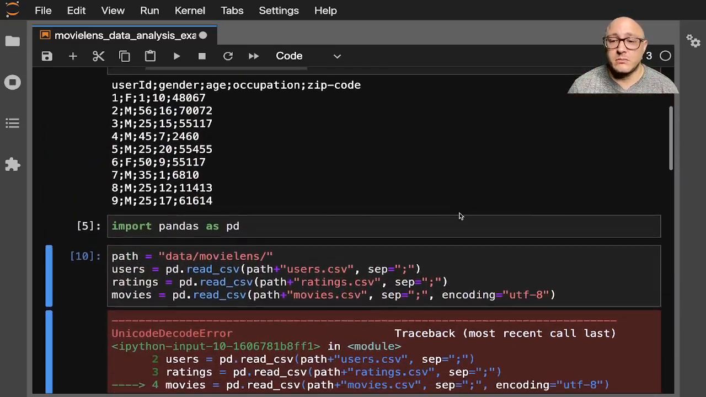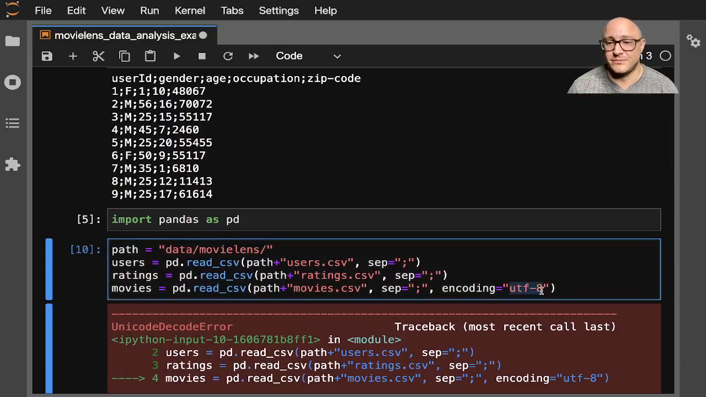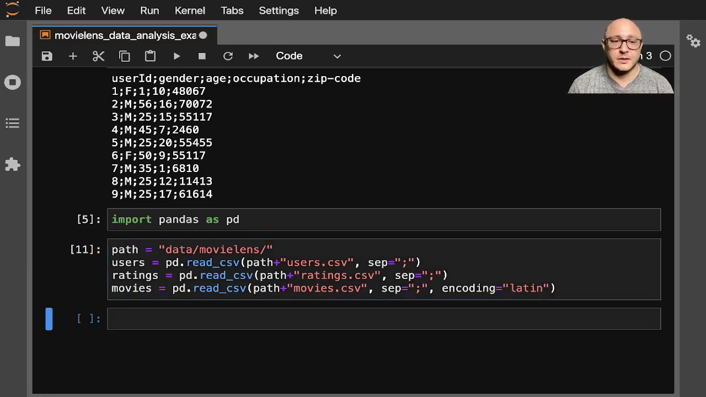Now, from just some playing that I've done in the past, we can also try maybe do something like Latin and run this, and usually that has a tendency to work. You may also try different ISO encoders, but I would suggest maybe you guys just kind of Google around to see